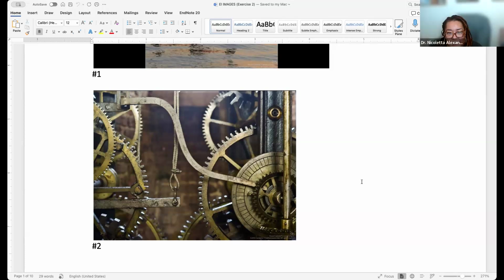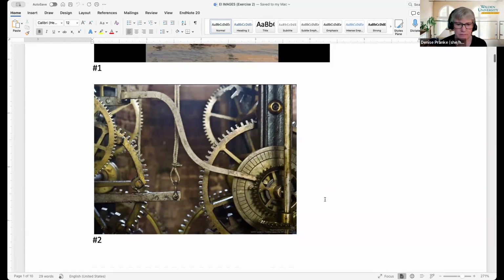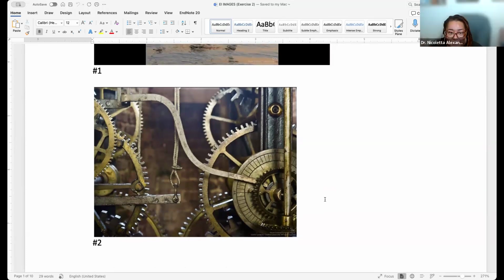For me, my feeling would be interest. It kind of piques my interest because I'm wondering how it works, but I'm also wondering what it is, because it's just a snippet of the whole device. Curiosity kind of goes with that. Curiosity, too, that's a great one. Yeah. What does it do?